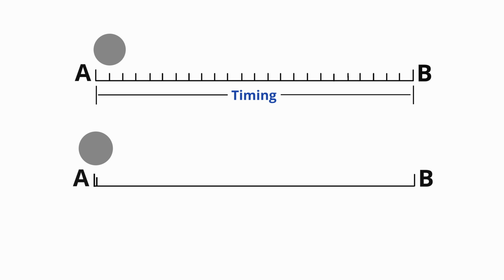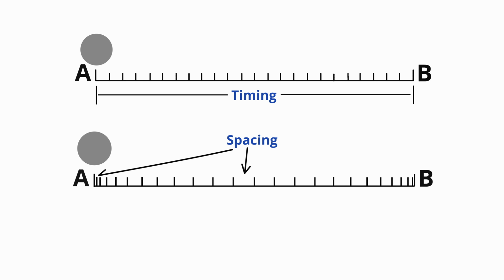So timing is the time in frames that it takes an object to move from point A to point B. Very simple. Spacing is how it moves from point A to point B, where each pose is on each frame. While these two terms are essentially the qualities of movement and they are very connected to each other, in that they both describe the speed of motion, they're very different in terms of how you should approach them.